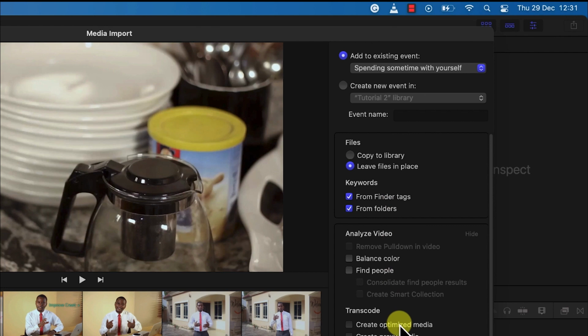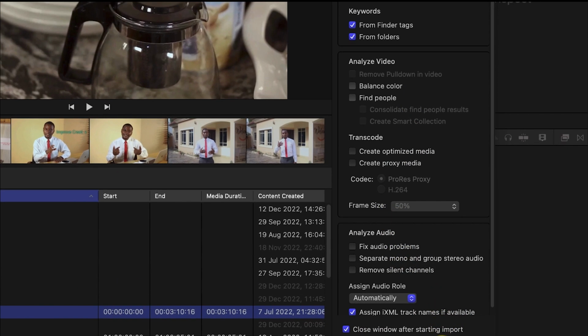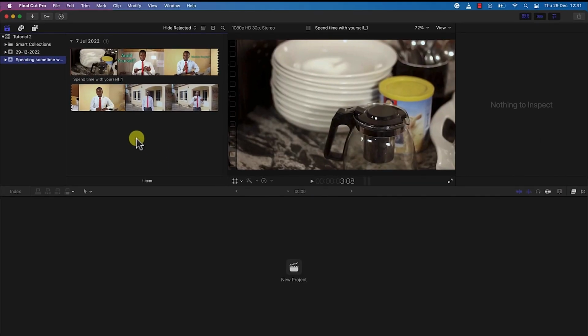Okay, so all other things I kept at default. The keywords, the analyze video, the transcode, the codec, I keep everything at default. So I just go ahead and say import selected. So it's just going to import that particular video for us. So right now we have created a library, we have created an event, and then we've imported video footage over here. Okay,